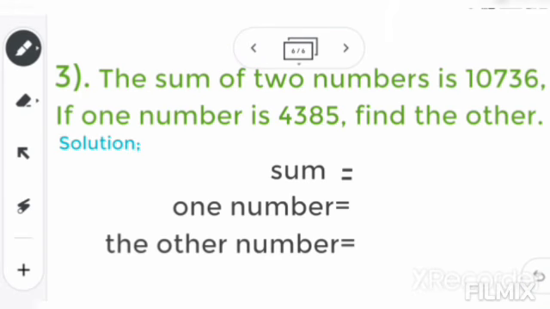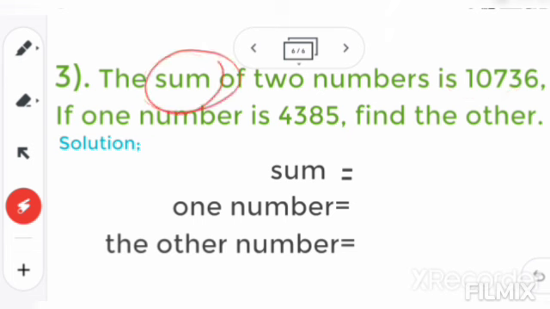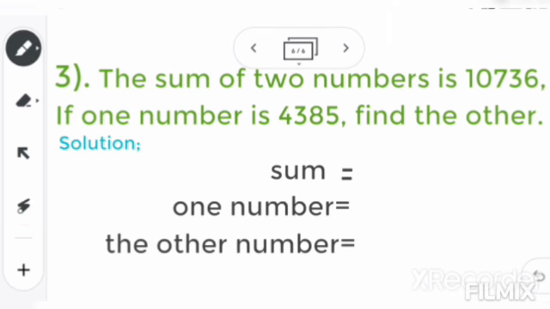Next one, third one, it is given the sum of two numbers is 10,736. As soon as seeing sum, don't do the addition. Already I had told you sum is the keyword for addition. So this should come in the last part: find the sum. If it is asked, then you will add. But here it is not in the last part, it is in the first part. Sum is already given here. So sum is given and one number is given and they are asking you to find the other number. So this is a keyword for subtraction. One is given and they are asking you to find the other, which means you have to do the subtraction.